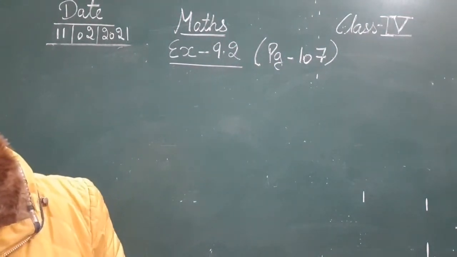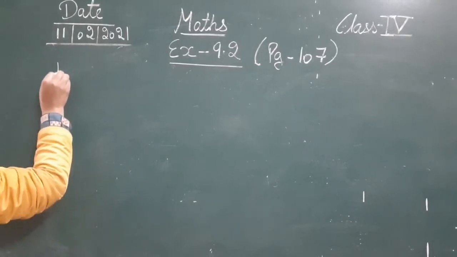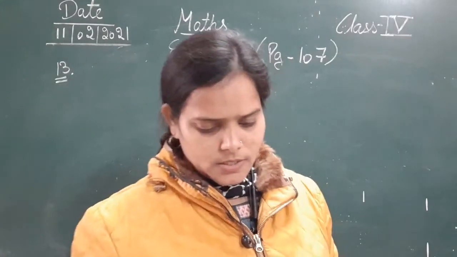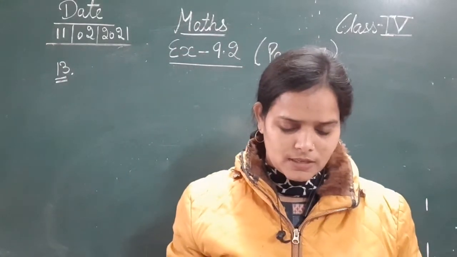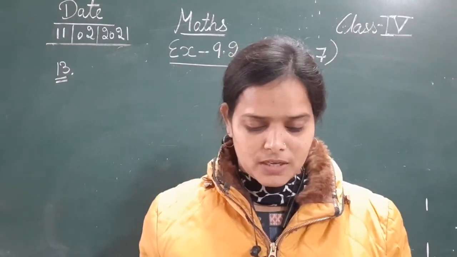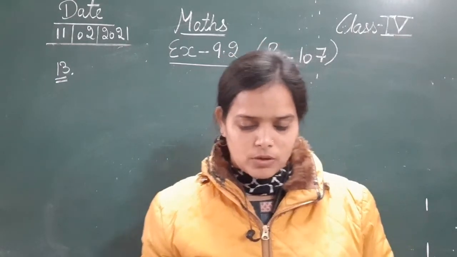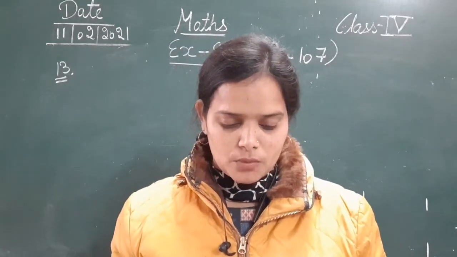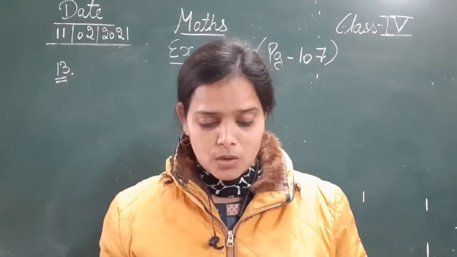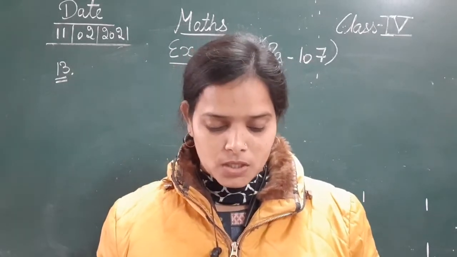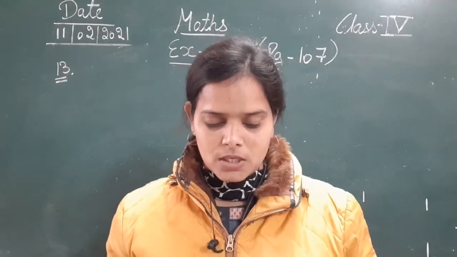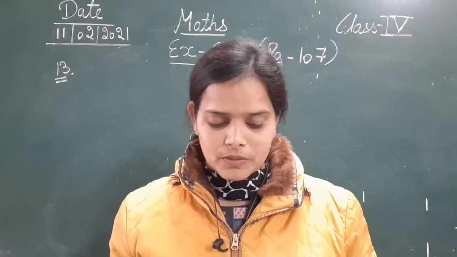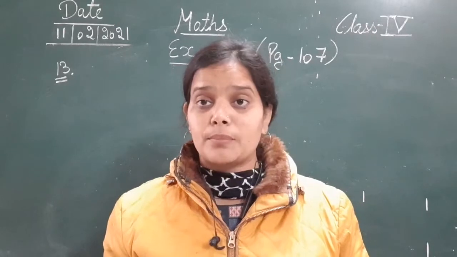So the question number 13 is, Rekha bought a book for rupees 87, a pen for rupees 25 and 25 paise, and watercolor for 130 rupees and 90 paise. She gave one 500 rupee note to the bookseller. What did the bookseller return to her? Just like question 12, in this one as well, a girl whose name is Rekha bought 3 items.